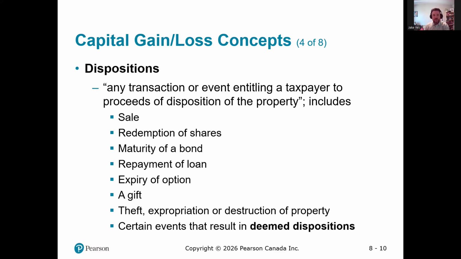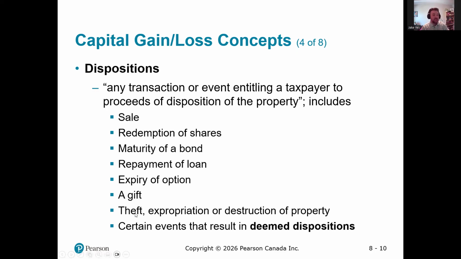So if I give those shares away, I have to recognize the change in their value while I owned them. They will be deemed to have been sold at $15, so I can recognize that change in value on my taxes. The person I gave the shares to, their cost will be the $15 that's been recognized, and any change in value after that will be taxed in their hands. So deemed dispositions are usually trying to find this cutoff between how much value changed in someone's possession.